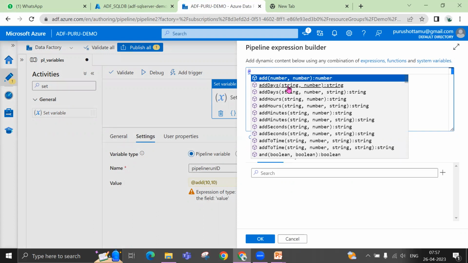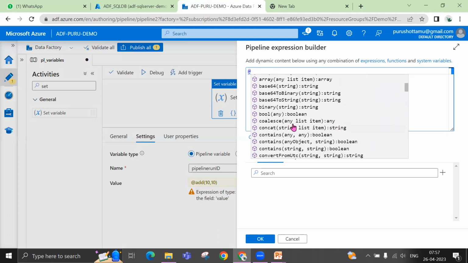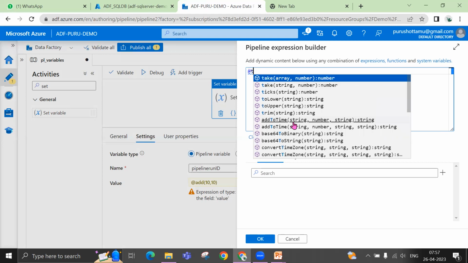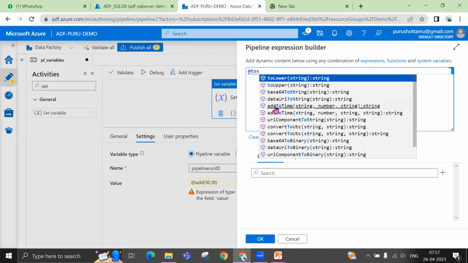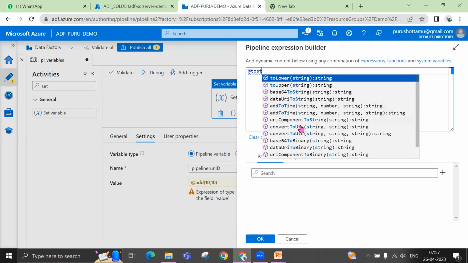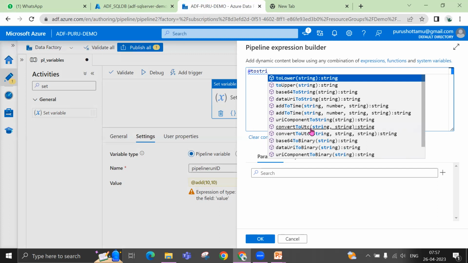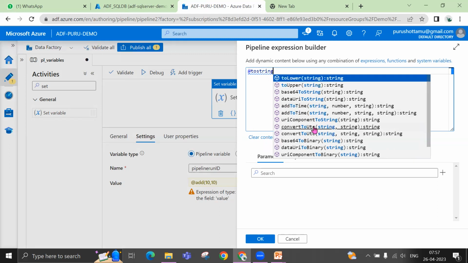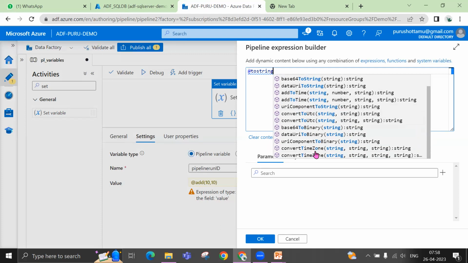See, there are so many functions available. You can add numbers, you can convert those numbers, right? So all these things you can play with. See, toUpper, toLower. You can convert time zones. And let's say you want to convert